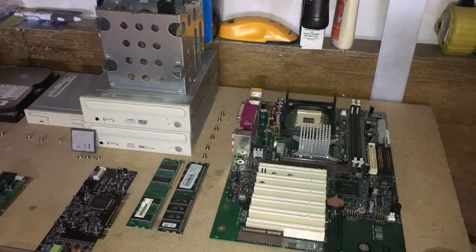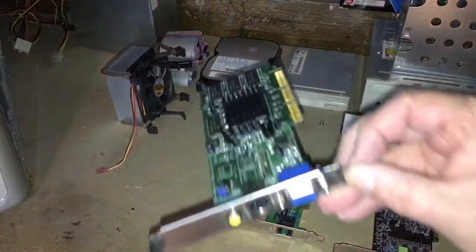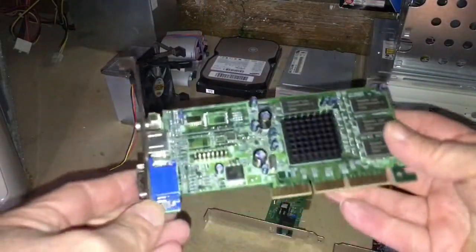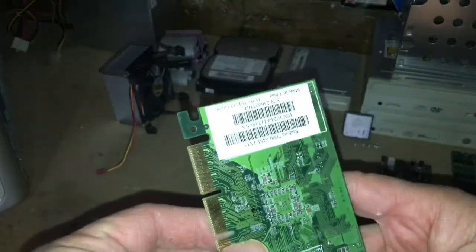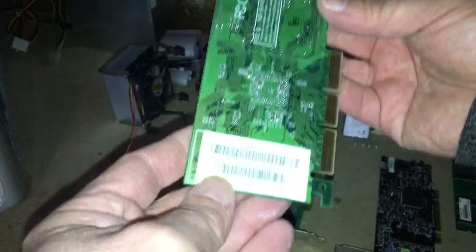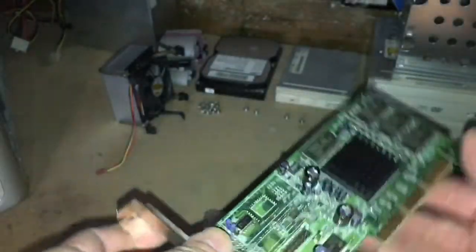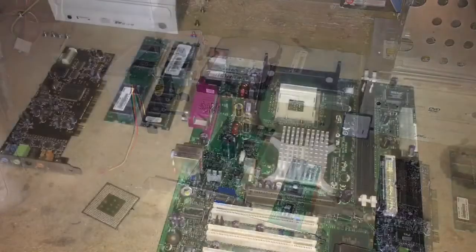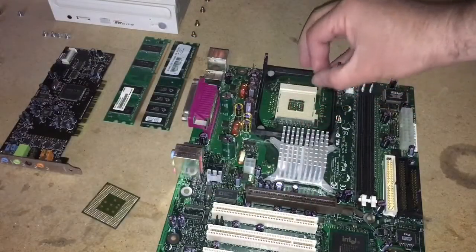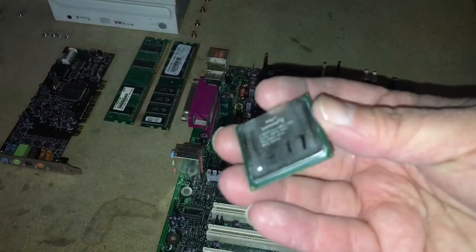And it's too bad that the capacitors on the side are bulging. It's pretty common, I think, sometimes when there's a lot of heat. So here's the graphics card. Basically, it's an ATI 7064 megabyte card. Not really sure what kind of games I can play with that. Probably not anything too intensive, but anyway, with all the components cleaned up,